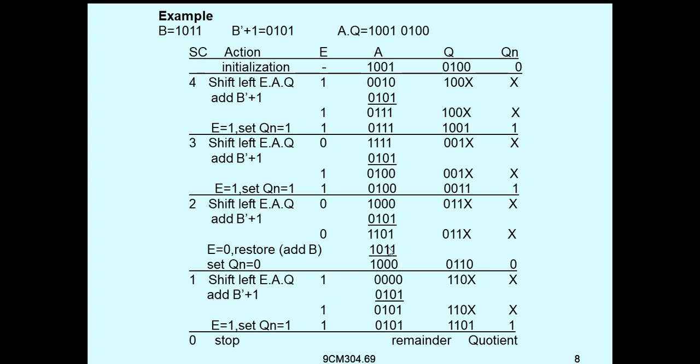So 1 plus 1 is 0, 1 plus 1 0 1, and 1 plus 1 is 0, carries the 1, 1 plus 1 plus 1. So this is 1, and finally we'll get 1 0 0 0 1 1 0. So set q1 equal to 0. So this comes here, this 0, this 0, and then decrement the sequential counter value, shift left EAQ.